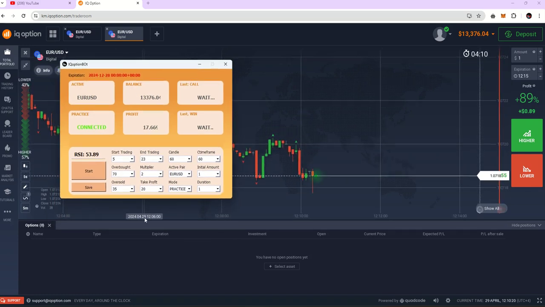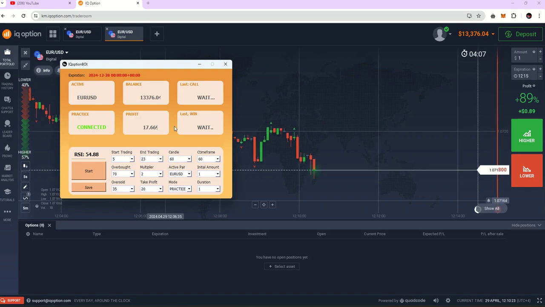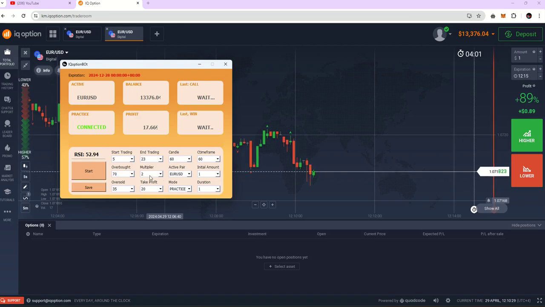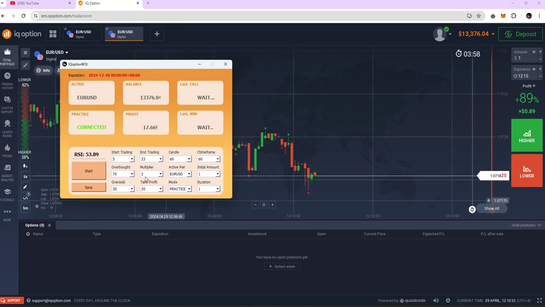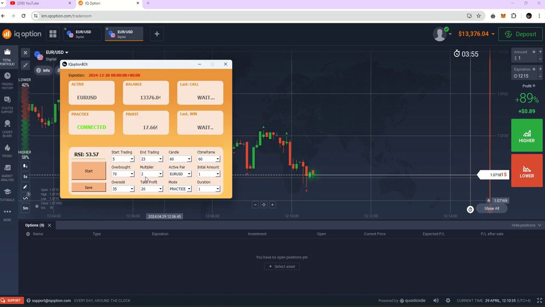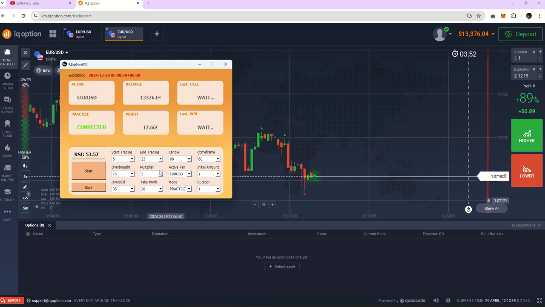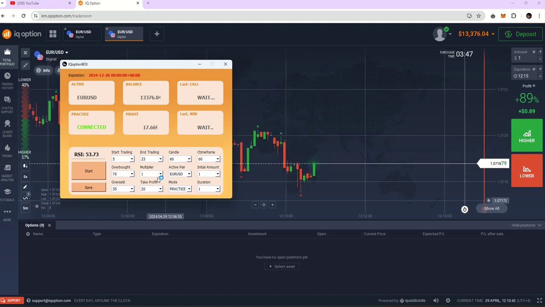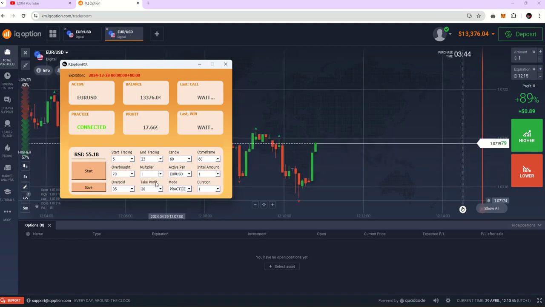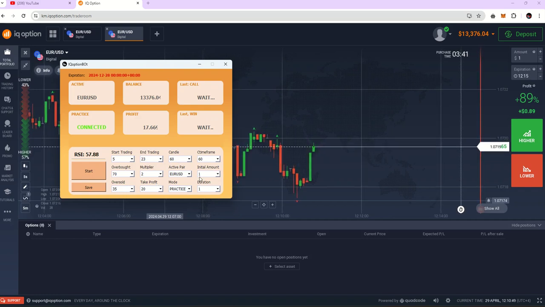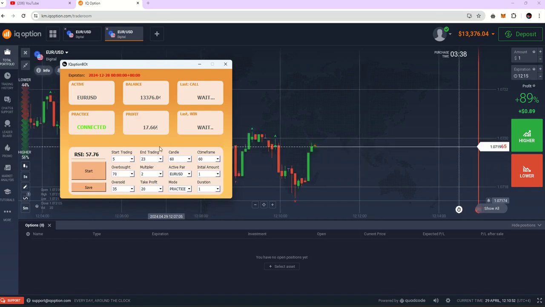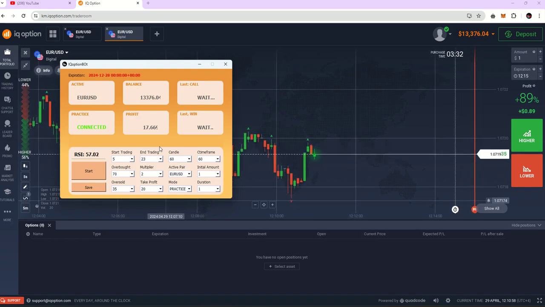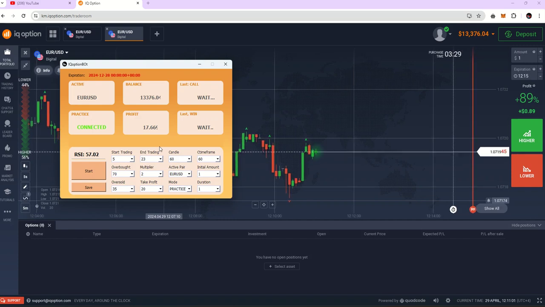So yes, this also has a martingale strategy. This is my multiplier. This will times 2 if you get a loss. If you lose a trade, in the next trade it will times 2, and so on. So if you don't want to use the martingale, just make this value 1. So the martingale is off. For me, I use the martingale with the initial amount of $1. I already did backtesting on this software. I tested it for 2 months and I got a positive result.